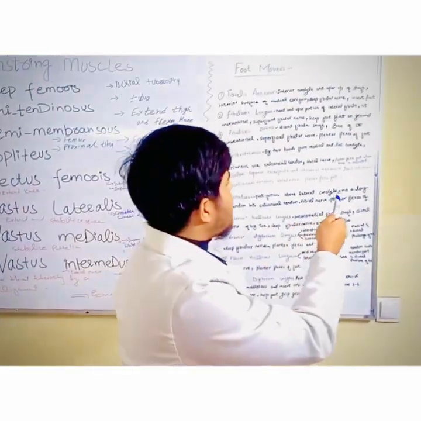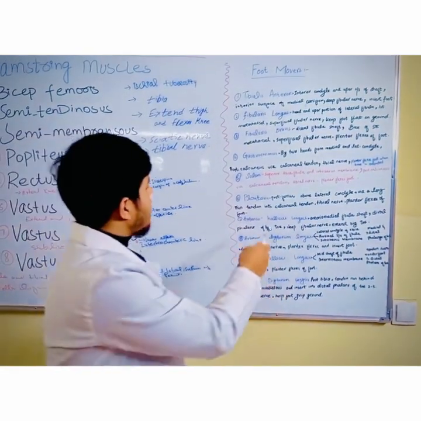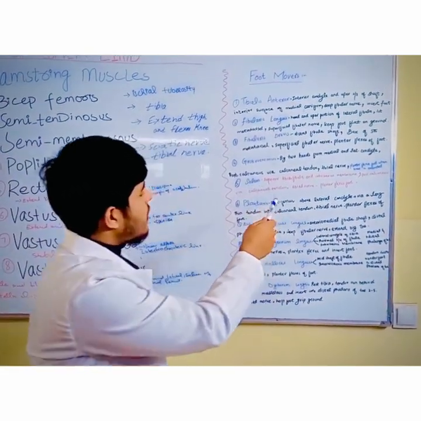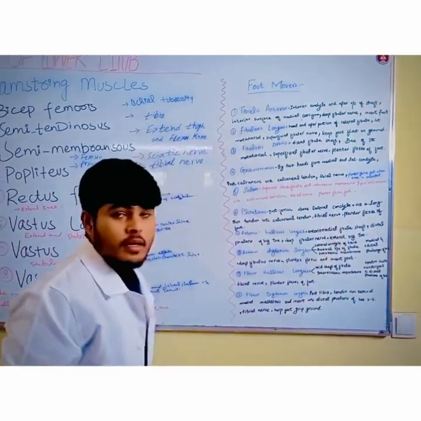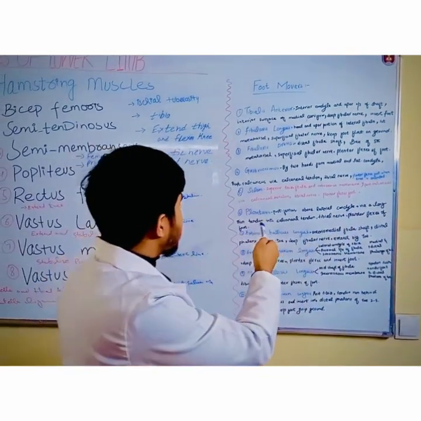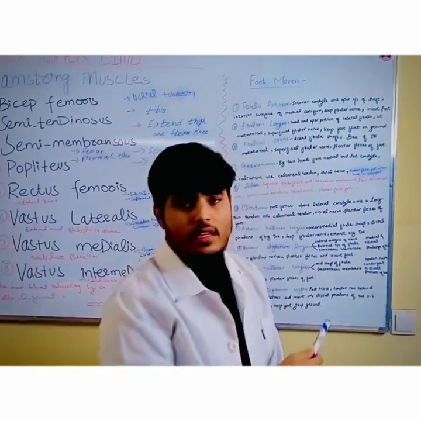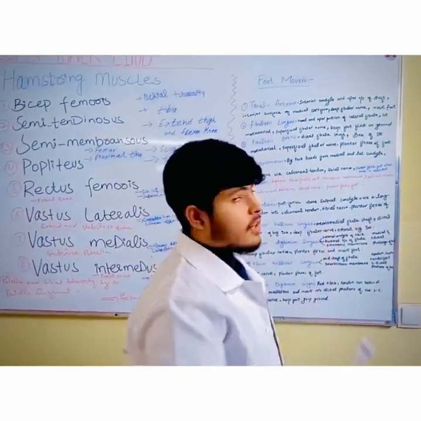Its function is to plantar flex the foot when the knee is extended. Second last is soleus: origin is the superior tibia, fibula and interosseous membrane, and the second is insertion, the posterior calcaneus via the calcaneal tendon, and nerve supply is the tibial nerve, and last is function: plantar flexes the foot.